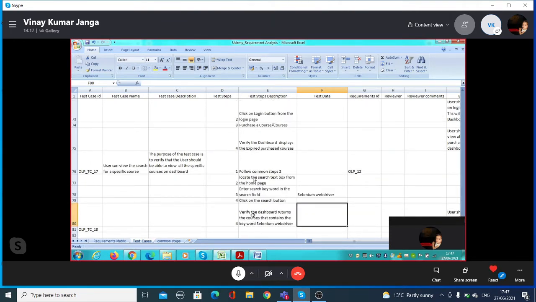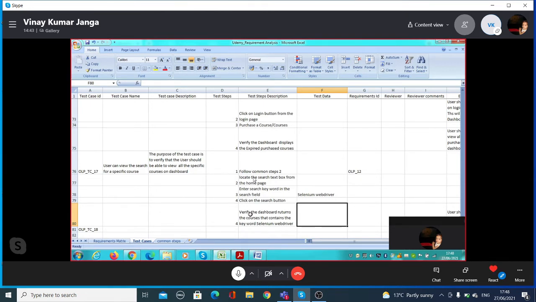See, if you are bunching a few steps together, like sign up, sign up might have multiple steps, but you say sign up into the system. So it covers all the steps. So separately, you don't need to say click on sign up. Okay. Let's go to the next requirement.